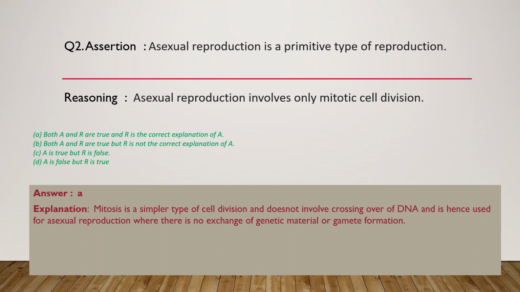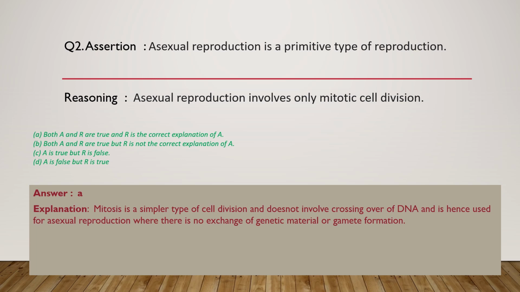Moving to the next question, assertion: Asexual reproduction is a primitive type of reproduction. Reason: Asexual reproduction involves only mitotic cell division. Again, both the statements are correct and R is the correct explanation of A. That is because mitosis is actually a simpler type of cell division. There are two types of cell divisions, mitosis and meiosis. Mitosis is much simpler, whereas in meiosis a lot more happens, and it's a more elongated process